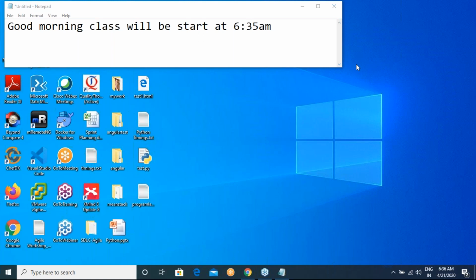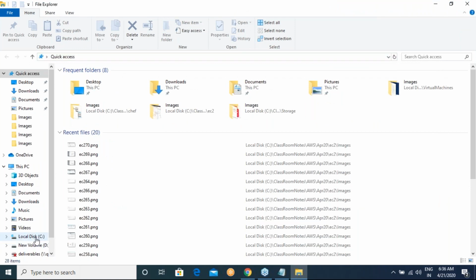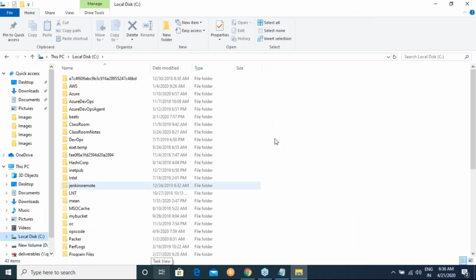So I think in yesterday's class, what we have done is we had created a load balancer. We have a load balancer, and then we have an image, a virtual machine image. Now what is pending is to create a VM scale set.